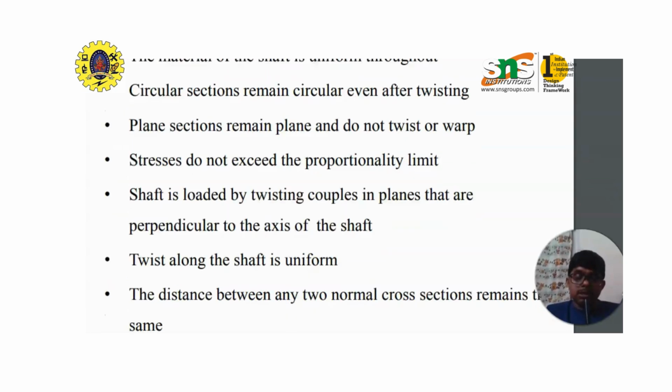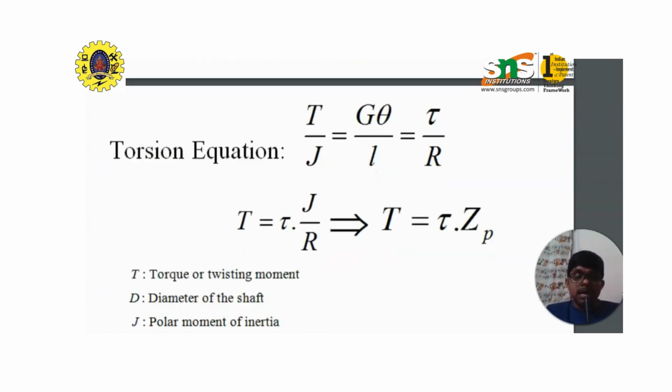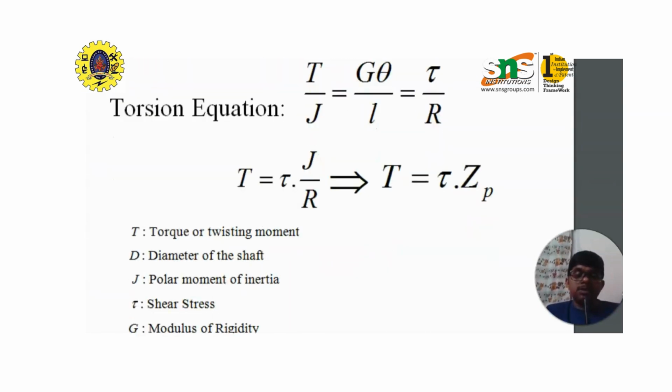Earlier we saw the assumptions, and whenever we analyze torsion, we need to take two different kinds of conditions. One is called the torsional equation, T by J is equal to G theta divided by L, which is also written as tau divided by R. Wherever T represents the torque or the twisting moment,